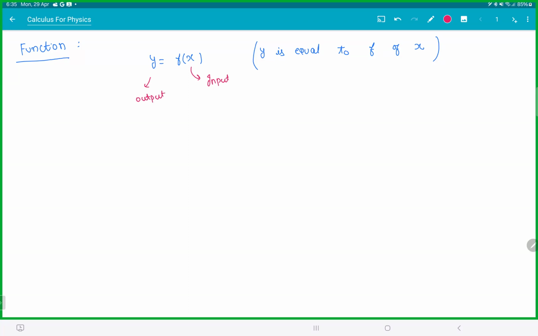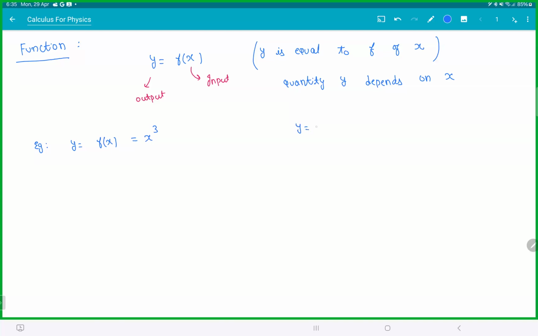So this f of thing, think of it like a kind of a machine. You put some input, you get an output. Example, if you say y is f of x, what it simply means is the quantity called y depends on x. That's the main meaning of this. Quantity y depends on x. So if I say y is equal to f of x is equal to x cube,